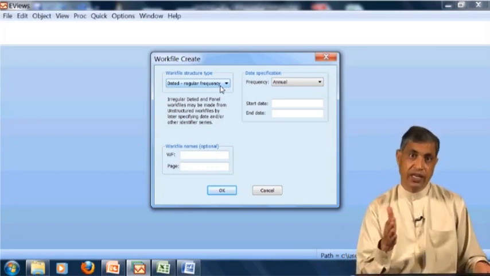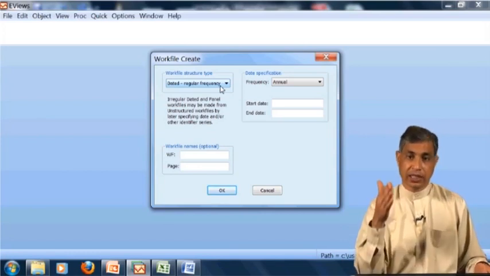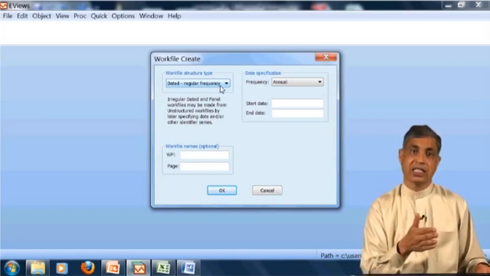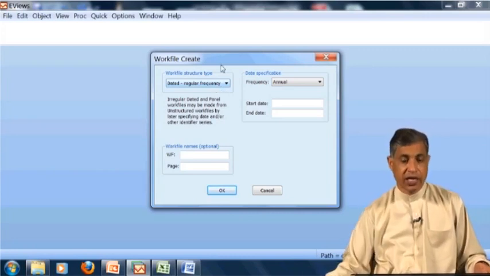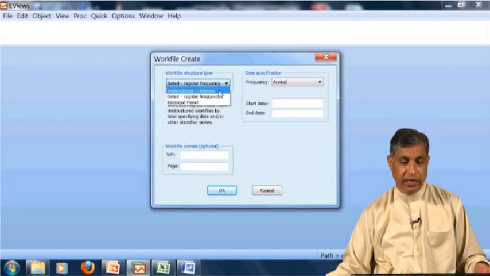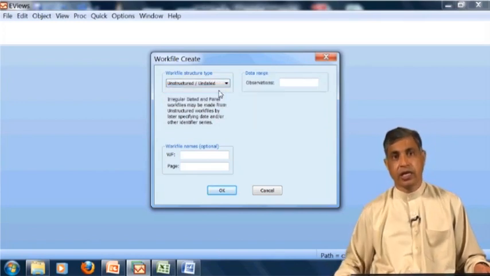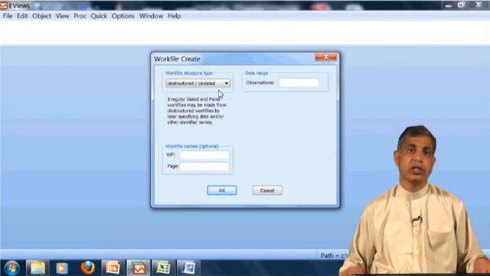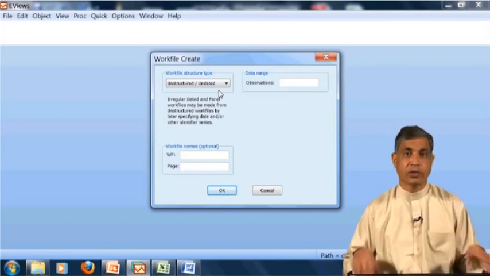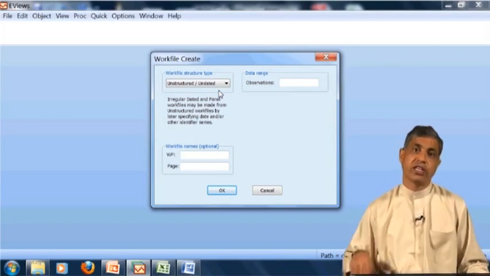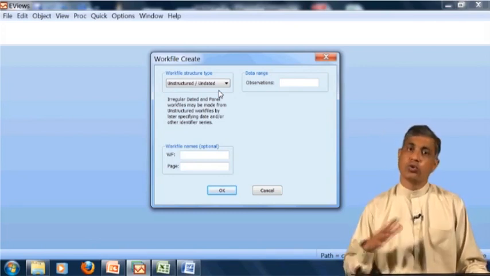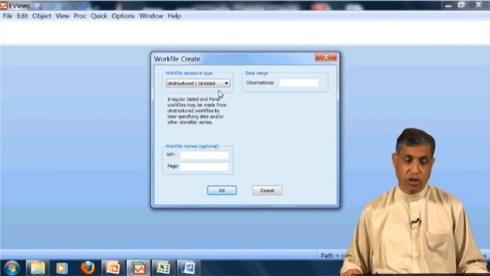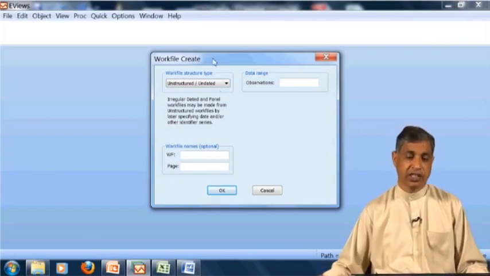So if you think your frequency is constant at regular intervals, you should click this one. And if you have unstructured data, unstructured means you have only a number of observations and nothing to do with time. Whether it is quarterly or not, you need not worry about it.